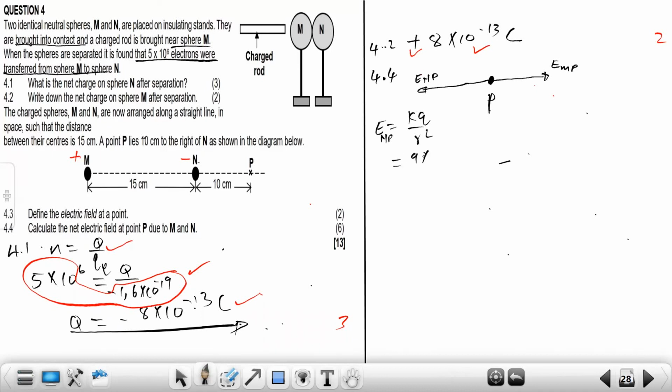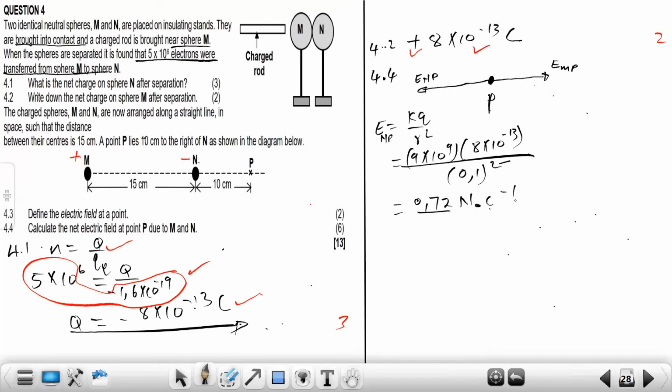That is 9 multiplied by 10 to power 9. And then what is the charge on N? It is 8 multiplied by 10 to negative 13. And the distance between N and P is 0.1 squared. And then we get our final answer as 0.72